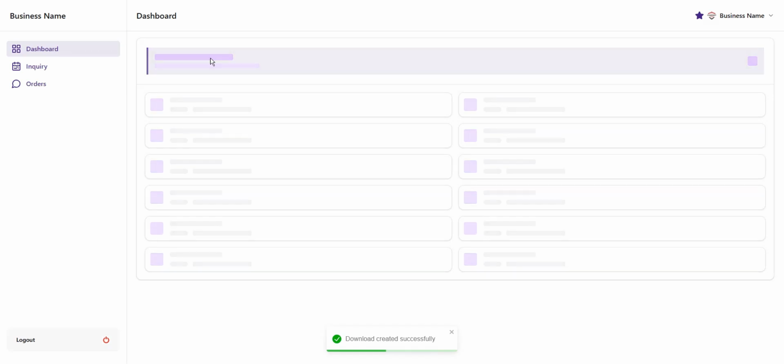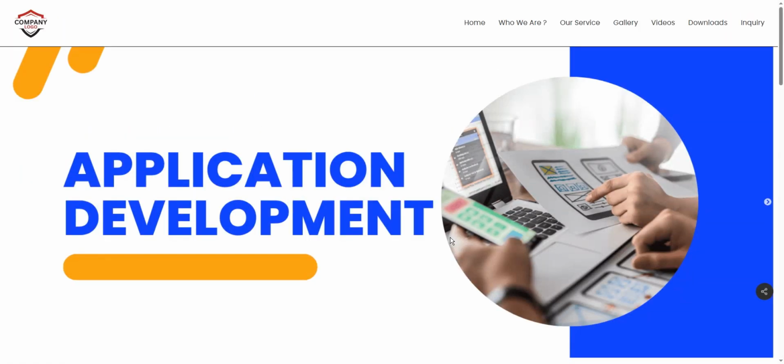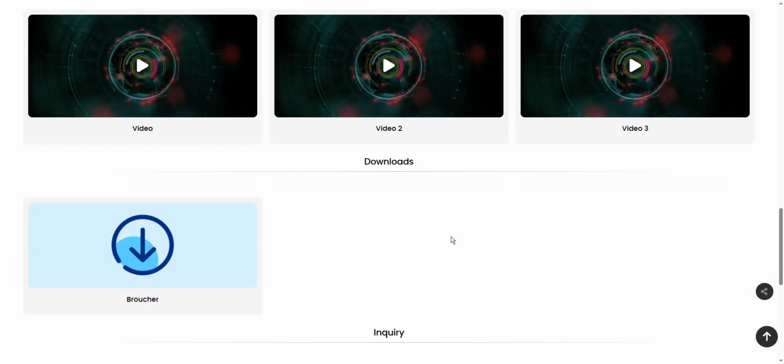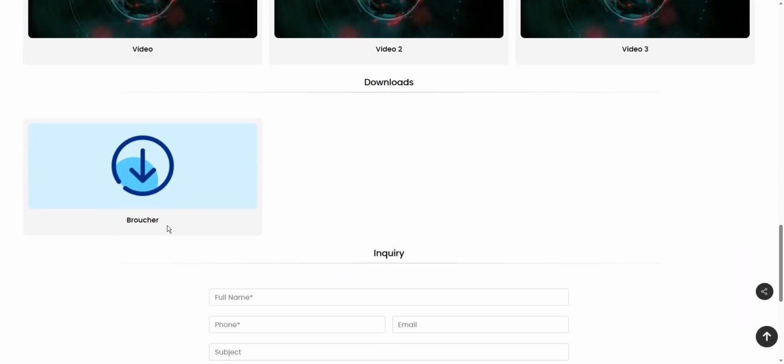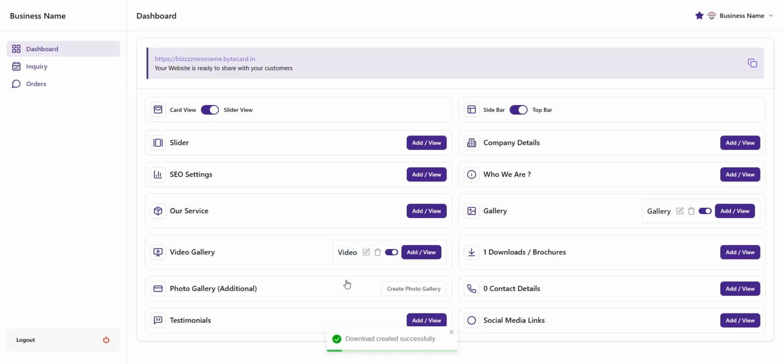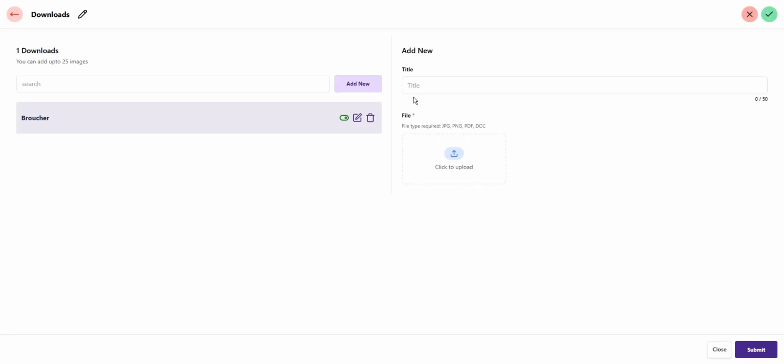For that, we are going to click on your website name, and here you can check that your download section is created. Over here you can check the brochure option is there. So as per your requirement, you can enter multiple brochures by clicking on the add and view button. Just enter the title, click on the upload button,